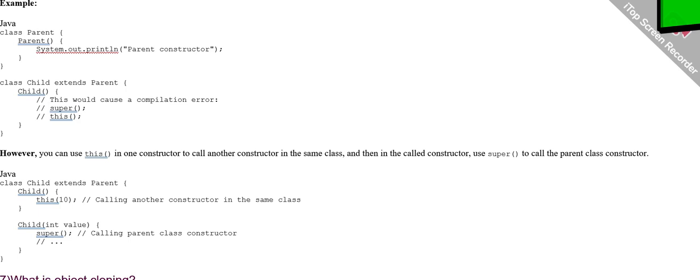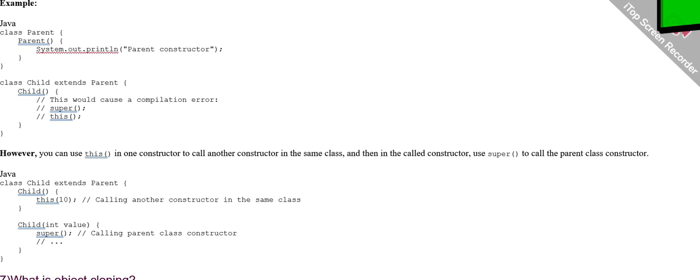Example. Java. class Parent { Parent() { System.out.println("Parent constructor"); } } class Child extends Parent { Child() { // This would cause a compilation error. // super(); // this(); } }